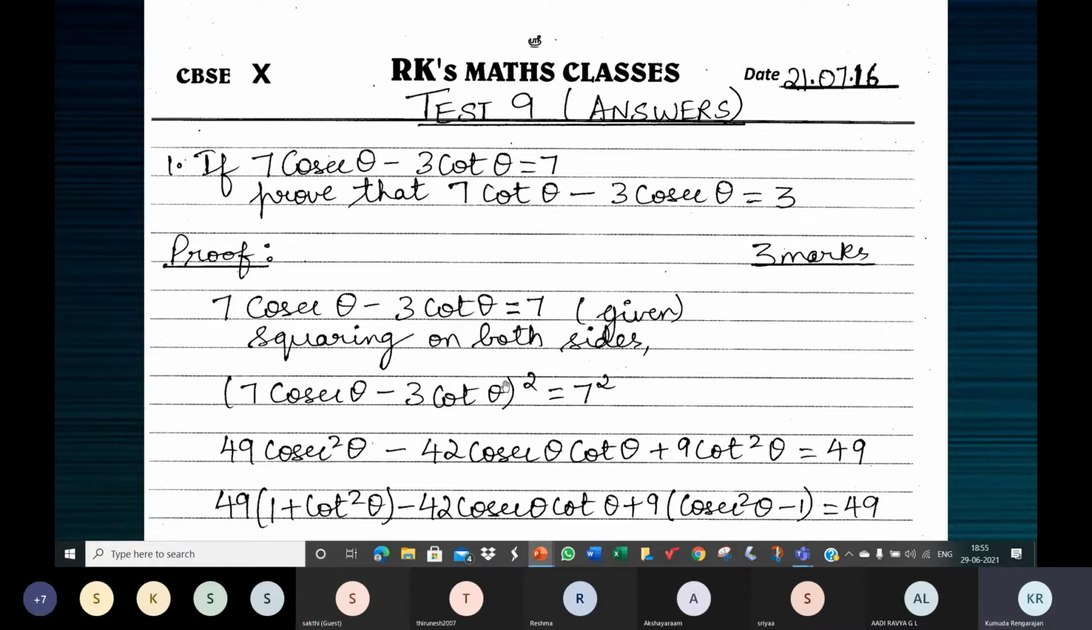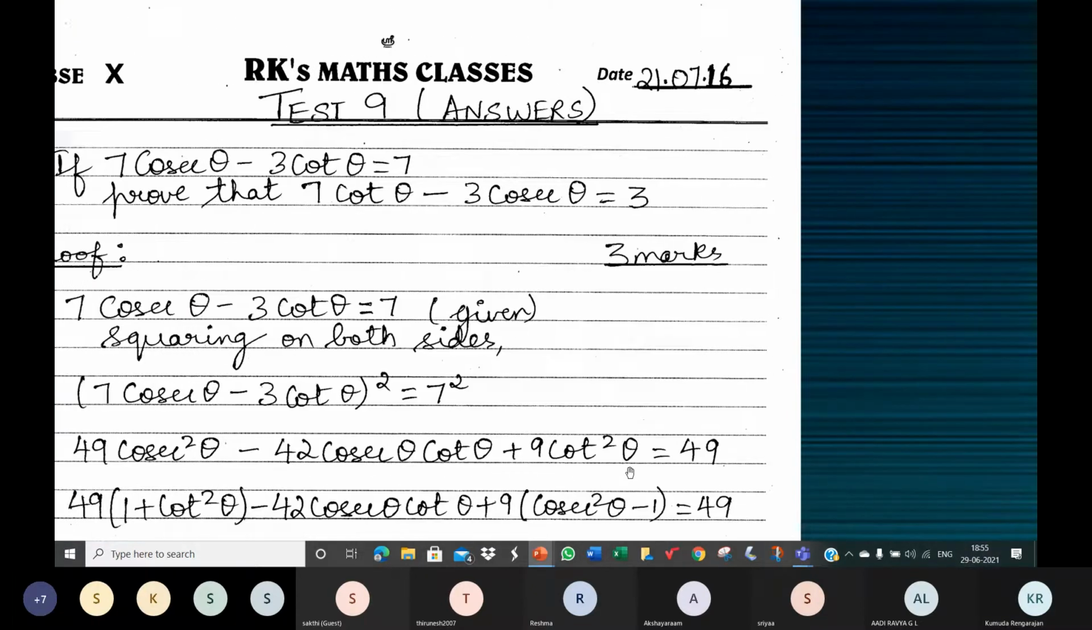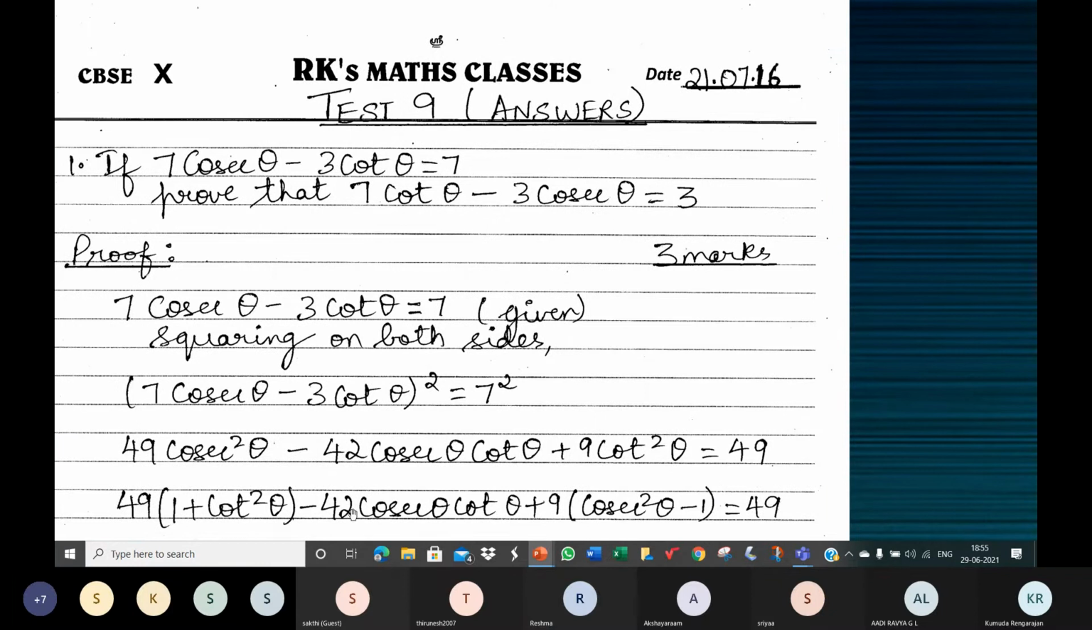So this is one of the ways of doing it. Take up the given expression. I'll tell you the procedure and then explain it line by line. Take up the given equation. Square it on both the sides. So when you square on both the sides, this is the result. After squaring and expanding,